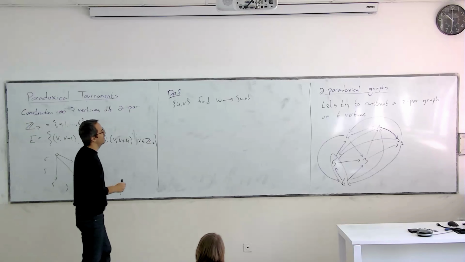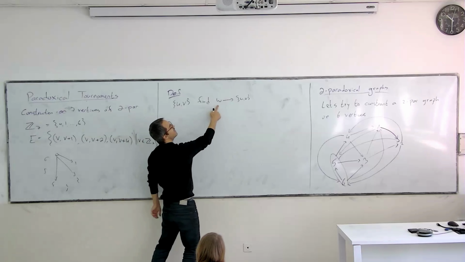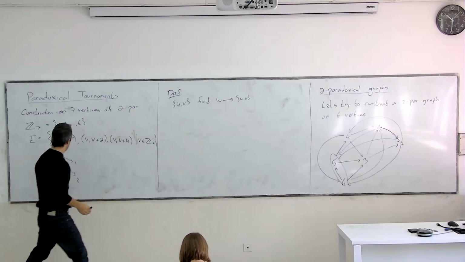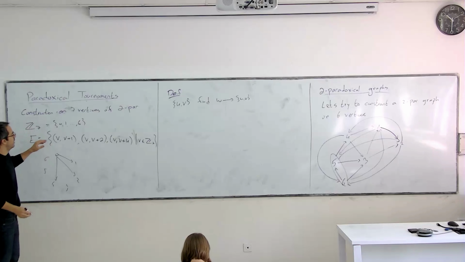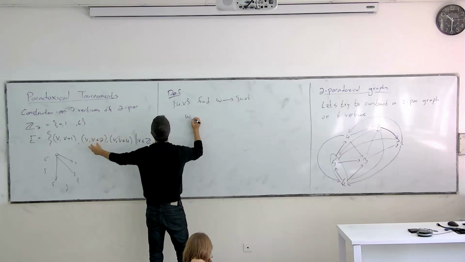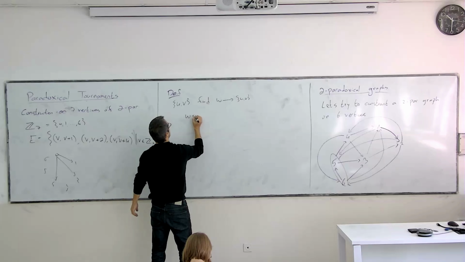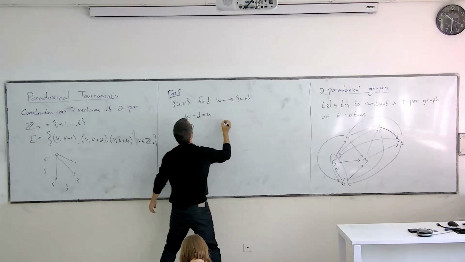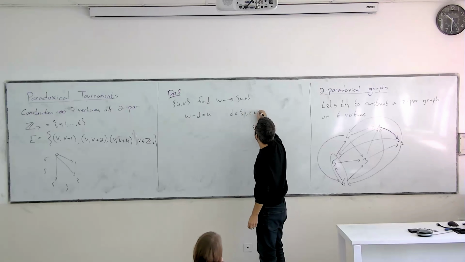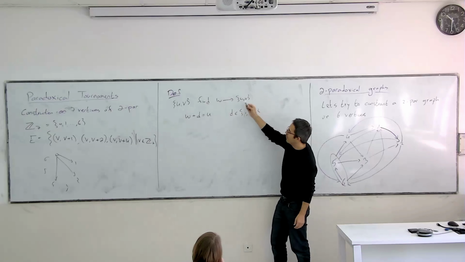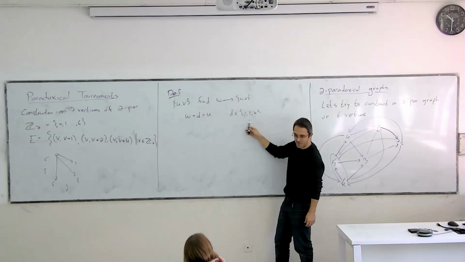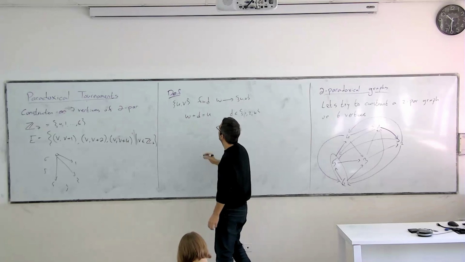Okay, so what do you mean find? So you give me U and V, and if there is such a W, then there is an edge from W to U. So this means that W plus D is U, where D is some element from 1, 2, 4. Right? Saying that W points to U means that W is a number, one of these elements.